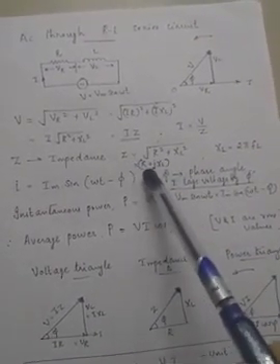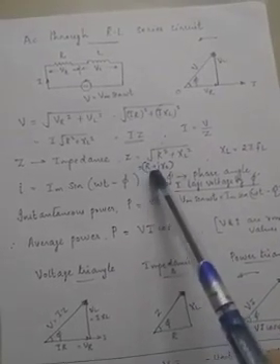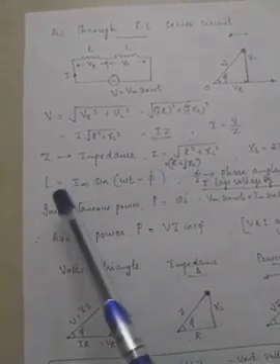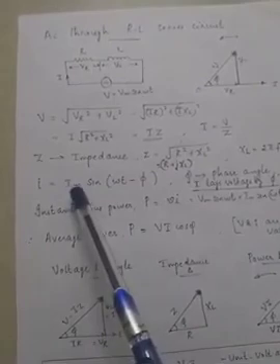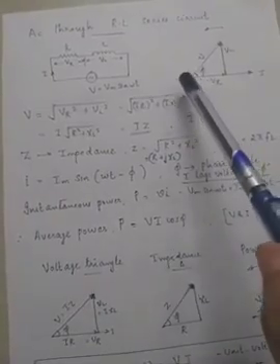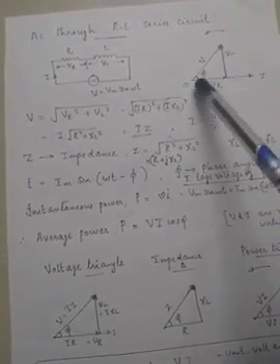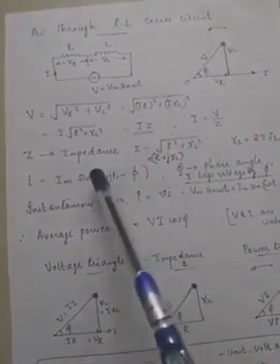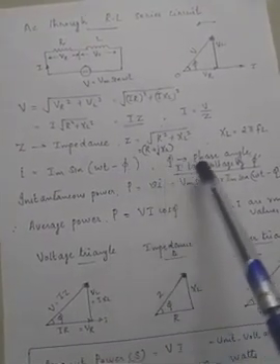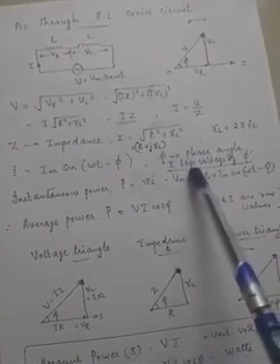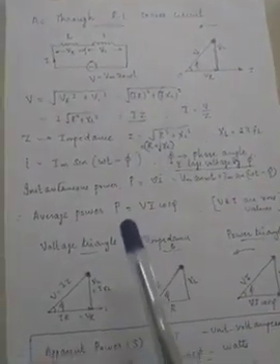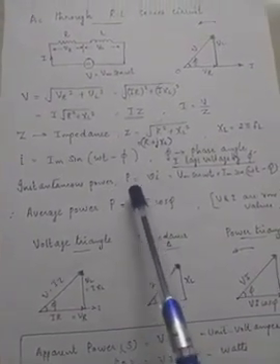Now this Z can be written in rectangular form as R plus jXL, if the circuit is inductive. Now we can write the instantaneous value of current. It is Im sin(omega t minus phi). Why is it minus phi? Here you can see that the net current is lagging behind the total voltage by an angle phi. So the expression for the instantaneous current is Im sin(omega t minus phi), where phi is known as the phase angle. Current I lags voltage by an angle phi in an RL series circuit.